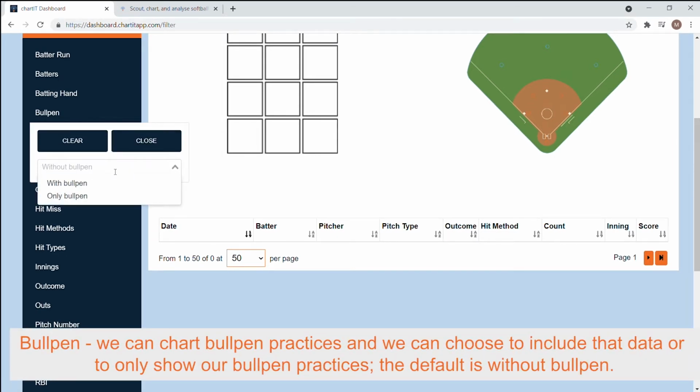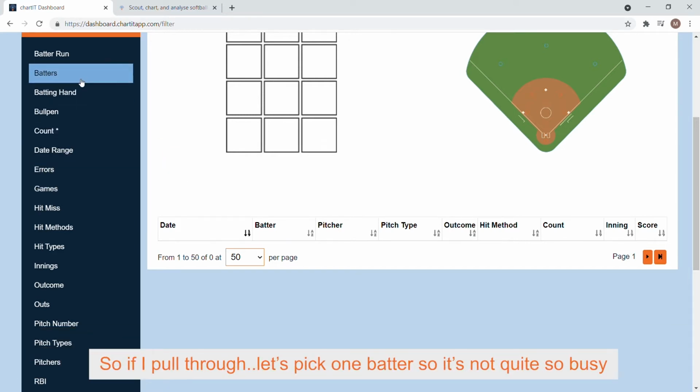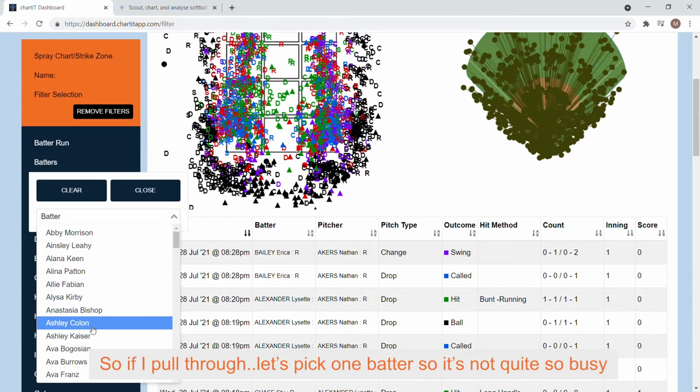Bullpen, we can chart bullpen practices and we can choose to include that data or to only show our bullpen practices. The default is without bullpen. Count, we have the ability to filter based on the before the pitch count and the after the pitch count. So if I pull through, let's pick one batter so it's not quite so busy,